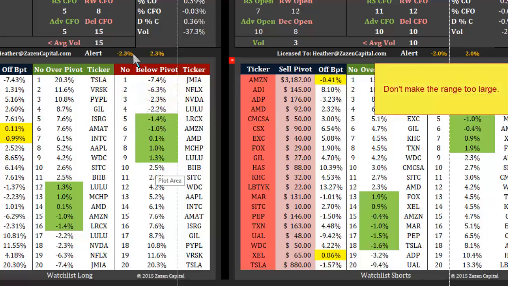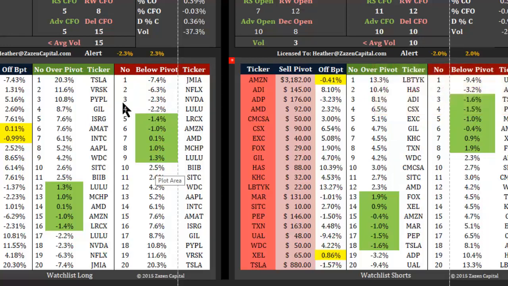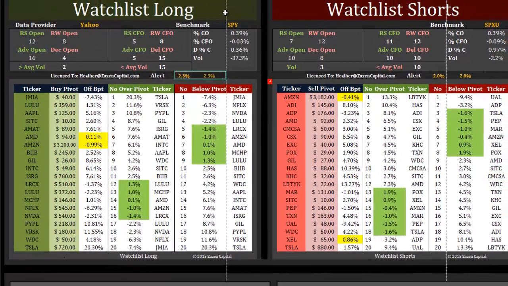If you set it too high, then it won't be able to zero in on the stocks that are closest to the buy point. These filters help eliminate the noise. In this case, the noise of stocks that are too far beyond a buy point or too far below an entry point. So if you want to change any information on your watch list, you want to do it on